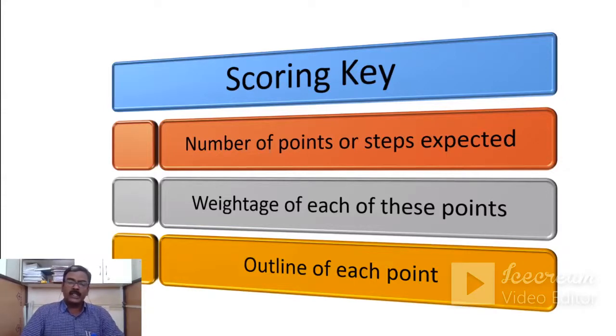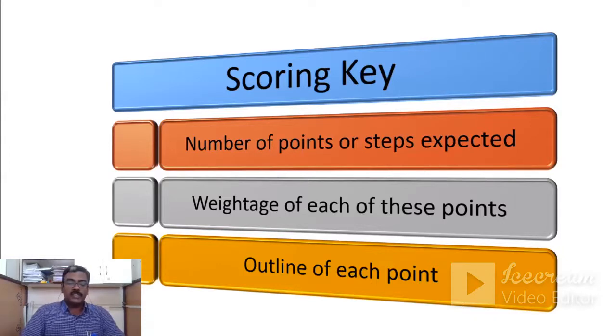Then the weightage of each of these points. So for example, if we are having applications of sonar, and in applications of sonar there are 4 points, we want to give some important points high marks, and some points low marks. So we must mention the particular point. That point should be equal to 2 marks. And if all other points are the same, then each point carries 1 mark, just like that. We must mention the particular point, and the corresponding mark also.